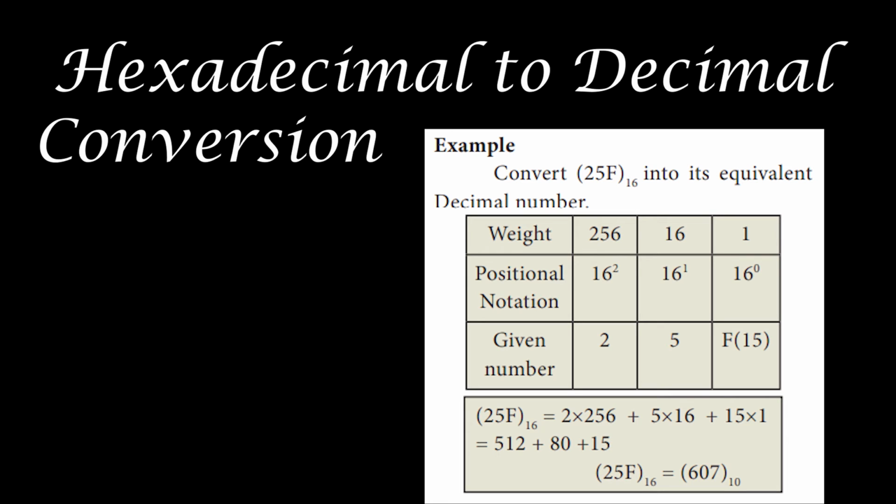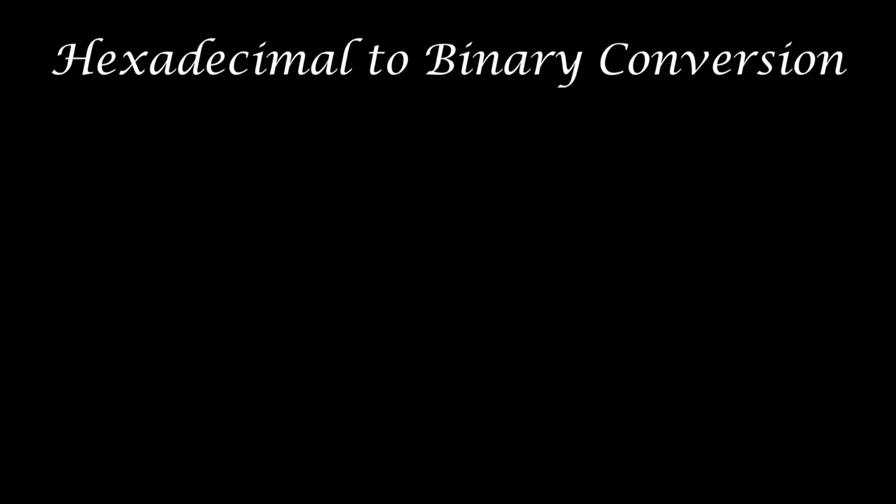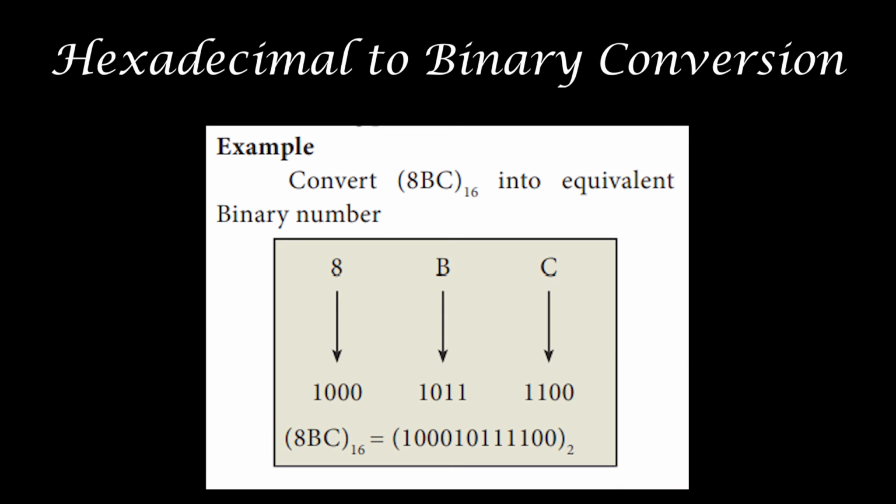And the next one is hexadecimal to binary conversion. As we saw there, octal to binary only. Here also we'll write the 4-bit binary equivalent for each hexadecimal digit of the given number using the positional notation method. Okay, here we have an example, 8BC. 8 means we'll have a binary equivalent. B means we'll have a binary equivalent. C means we'll have a binary equivalent. We saw the table last session itself, right?